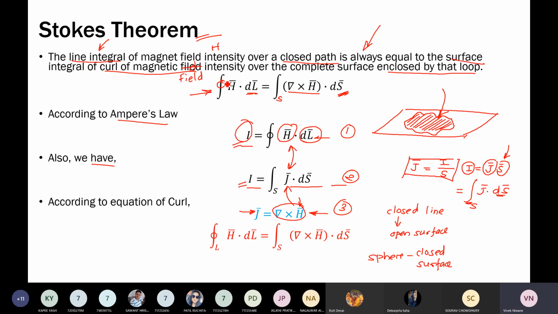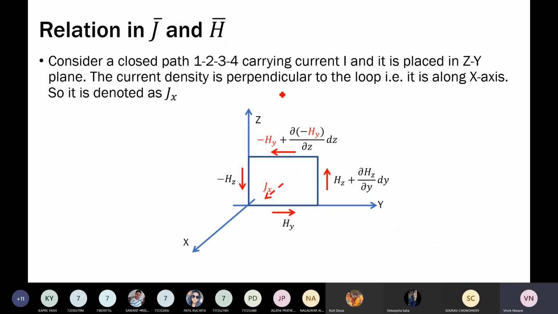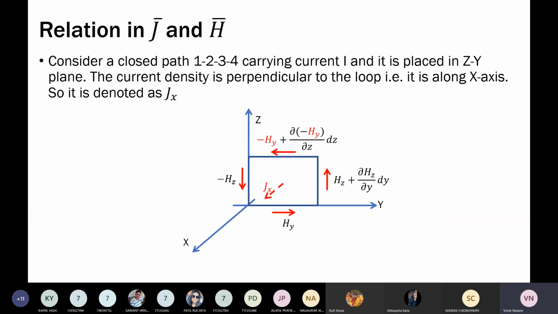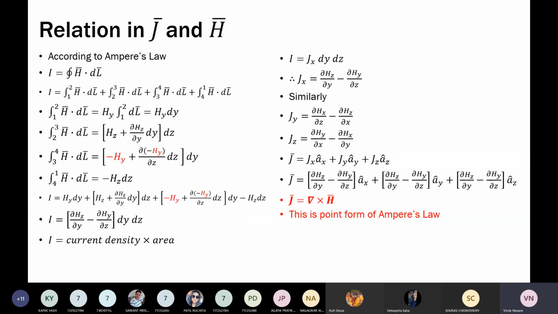Okay, so as I corrected here, I had not written closed here, so this is the correct expression. We need to have a closed path to create a surface, and this is a derivation of how j bar is related to h bar. I have put enough explanation over here. There is also some convention and color coding given, so you can definitely go with this derivation if you are interested. Otherwise you may skip as long as online examination is concerned.